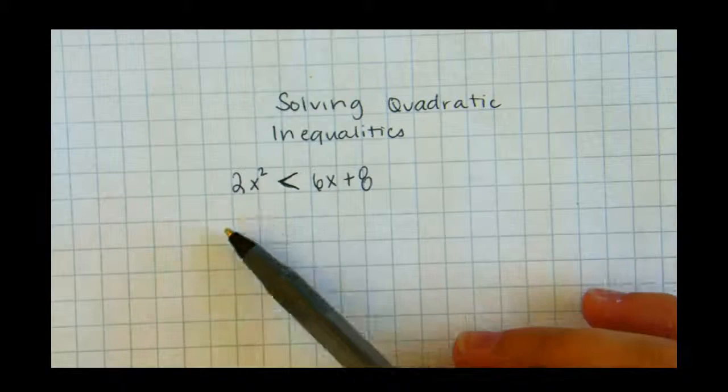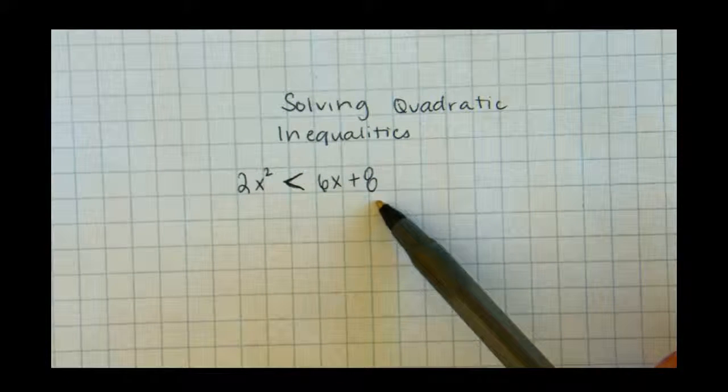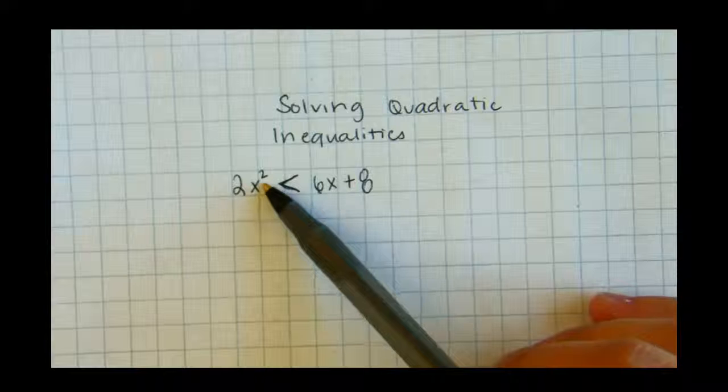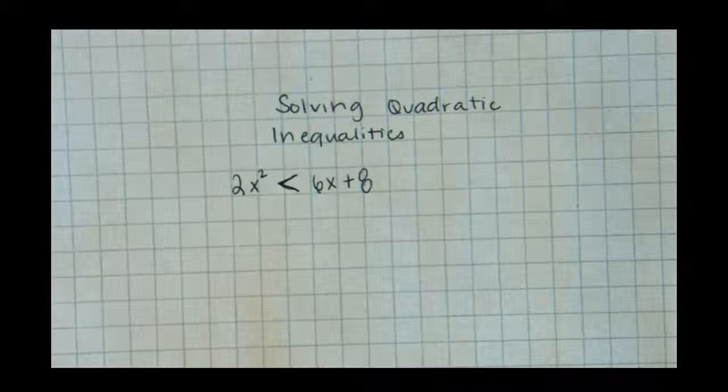Okay, so if I've got 2x squared is less than 6x plus 8, I know I've got a quadratic equation or inequality because I've got an x squared over here. Take a moment and think, what could you do to solve this quadratic inequality? What does your gut instinct tell you to do? Okay, so hopefully since you see that it's a quadratic, when we're solving quadratic equations, normally we try to set